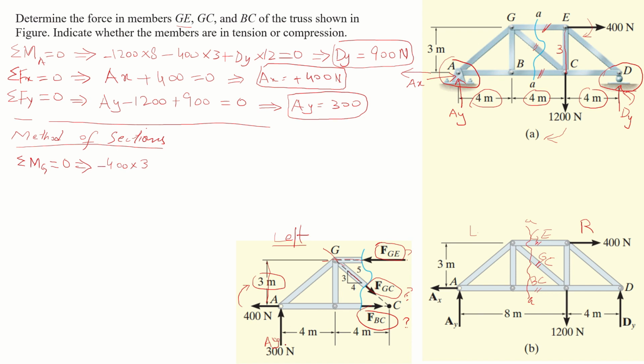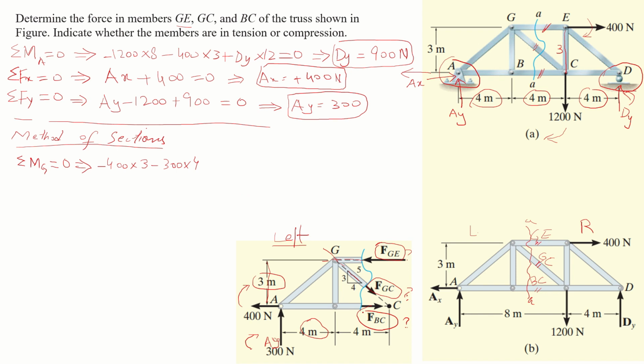The second force is 300 Newton, it has a distance of 4 meter and it will rotate the truss in clockwise direction. So AY is also with negative sign, 300 multiplied by 4,